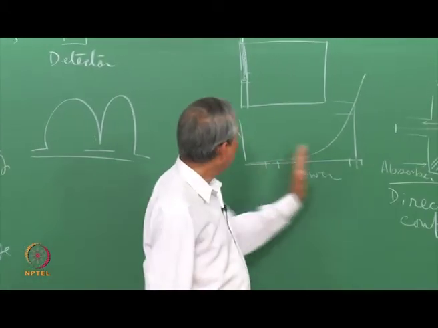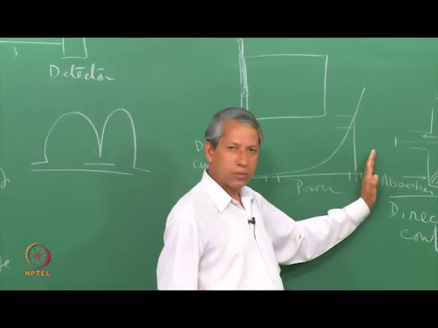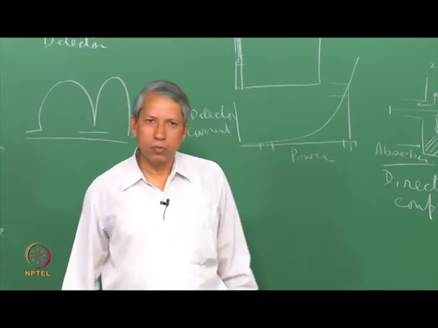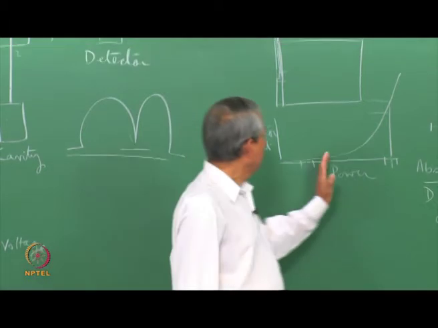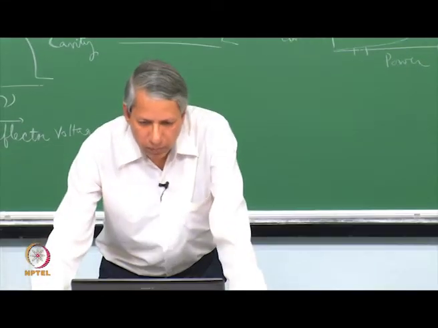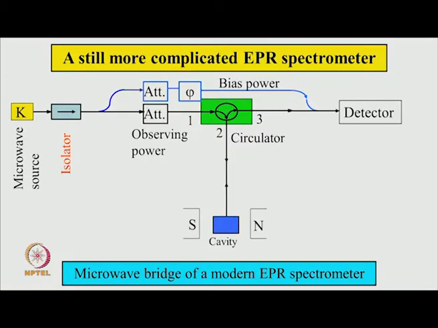Also, where we want to work, how much power we want to use to bias it, is important, because any arbitrary amount of power may not be the optimum value, because noise also increases as this bias power increases. So, for that we need to have a few more microwave elements in the spectrometer now. So, let us go through once again. The microwave power comes from the klystron or GaN oscillator, then it goes through this main path called absorbing power, and I have an attenuator here which can be adjusted to enable me to have any desired amount of microwave power to come to the sample.